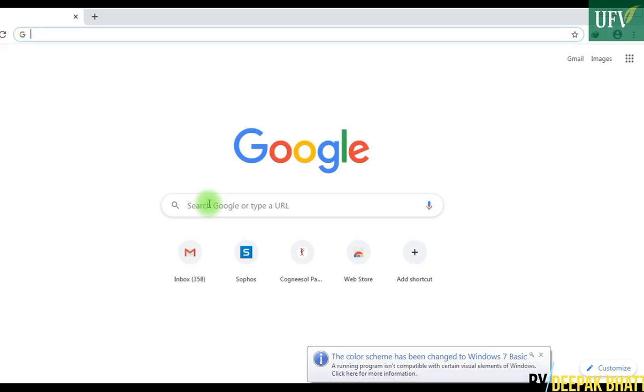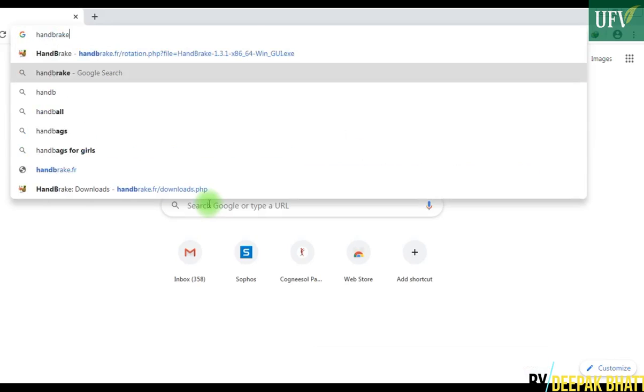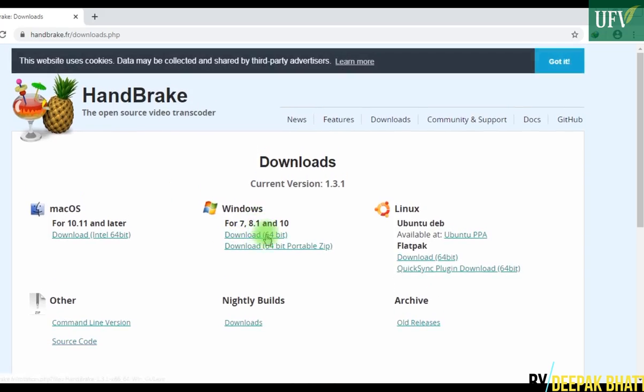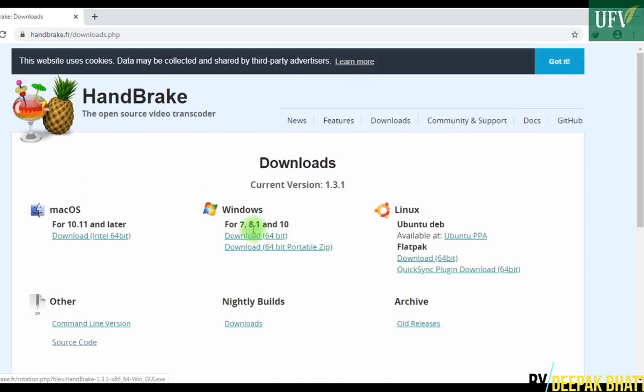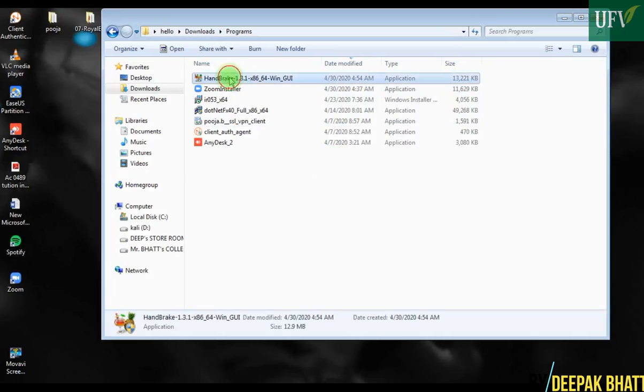To download the software Handbrake, you need to search for it on Google. When you type Handbrake on Google, it will show you the link to download the setup. You need to download it for your desired operating system, as I am downloading it for Windows. So here it downloaded, double click on it,